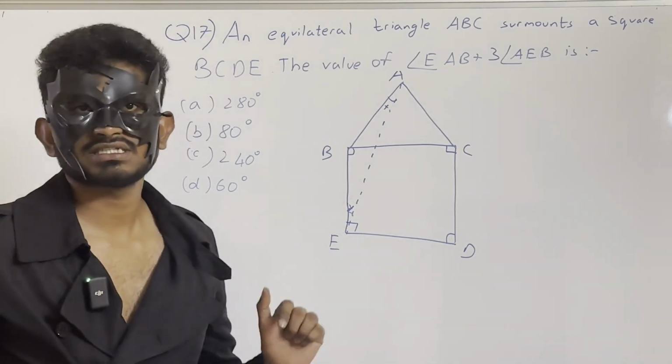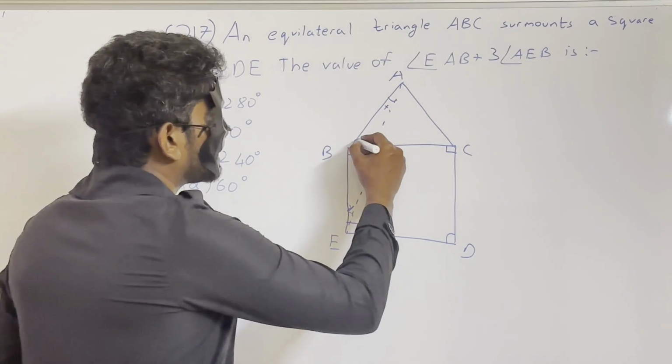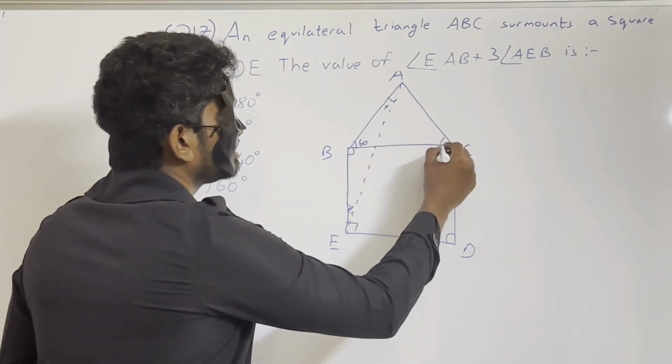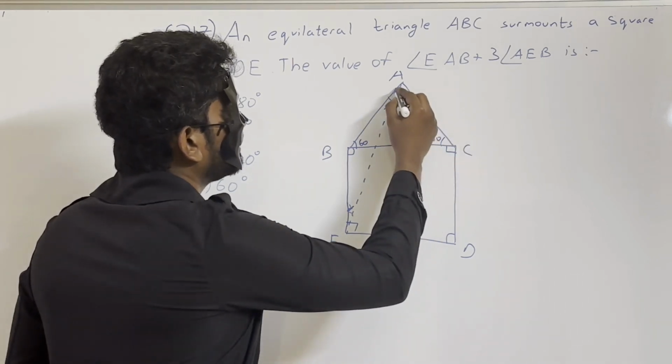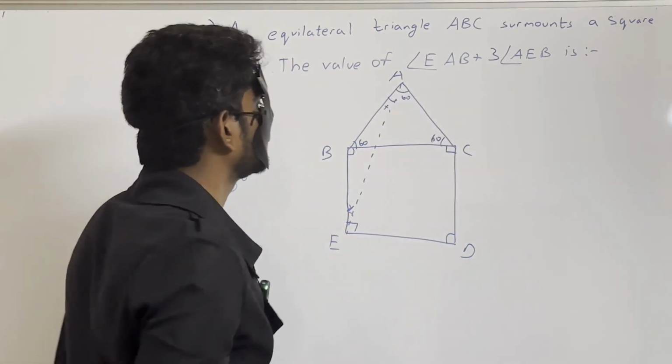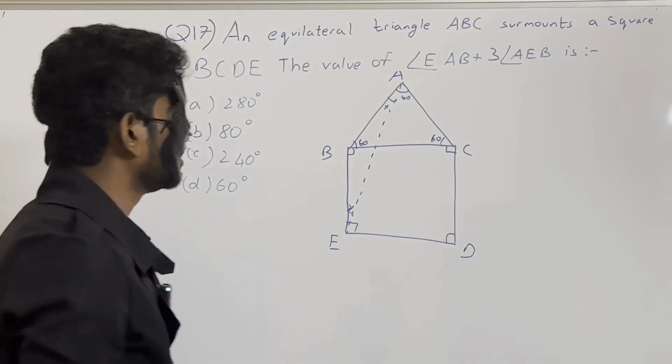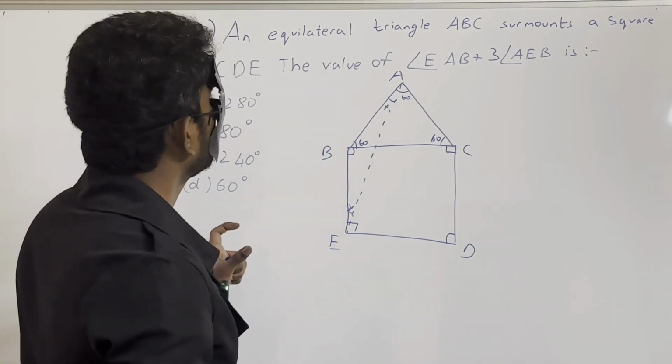And ABC is an equilateral triangle, it's given. So all these angles will be equal to 60 degrees. 60, 60, angle A will also be equal to 60 degrees. So now what we'll do is